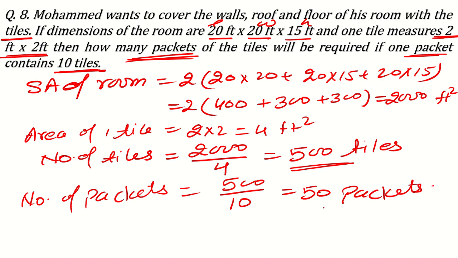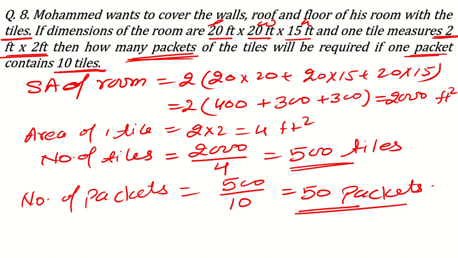will be required. In addition to this question, what else they can give? They can ask you to find the amount. Maybe they can give you that one packet of tile costs you 100 dirham or something, 50 dirham. Okay, then find the total amount spent on this tile. Okay, so after finding everything, you just multiply 50 packets by the cost of a tile packet, and then you